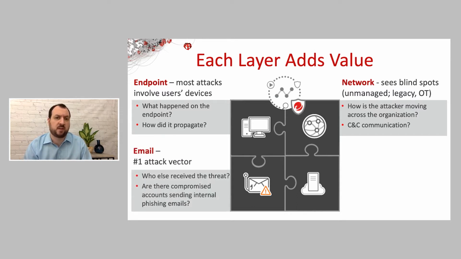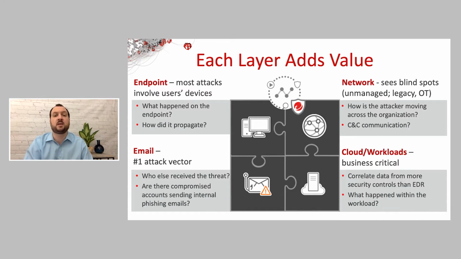Email is another key layer that provides a lot of value, specifically because email is the number one attack vector. One key question is who else received this email? Did it go to everyone in the organization or just this one specific executive? Are there compromised accounts sending internal emails? Did an attacker get access to one account and then use that as a trusted source to spread the malware internally? And then finally, cloud and workload security, which is business critical applications, which ultimately is where most organizations